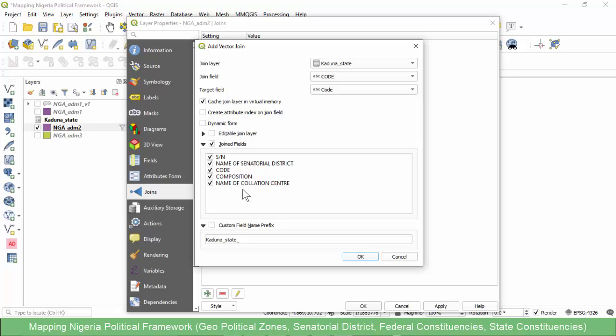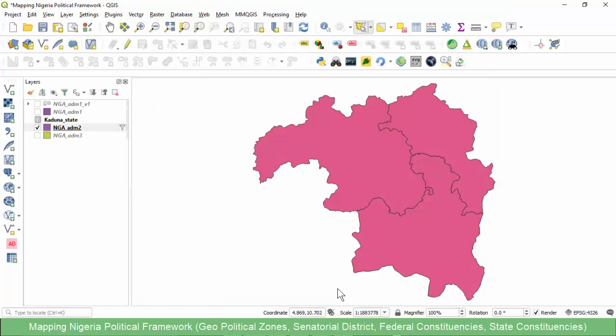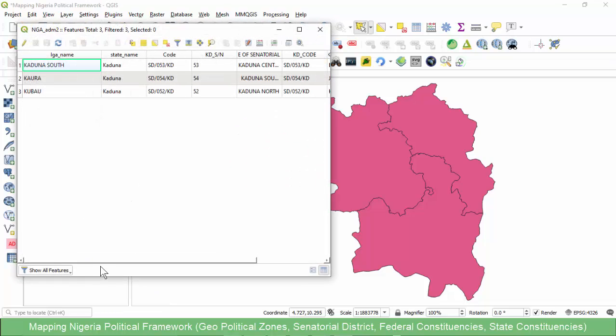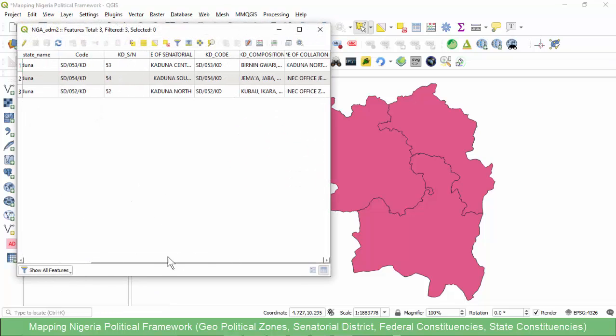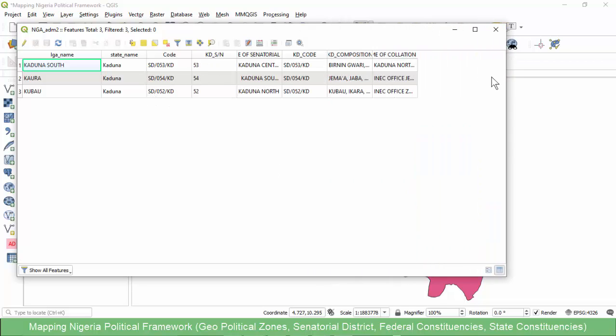all the names. Then the custom field name prefix. I'll just use KD for Kaduna. I'll click OK. Then now if I check the attribute table, you should see that we have the names on the CSV file,